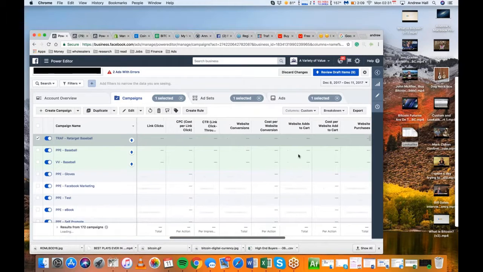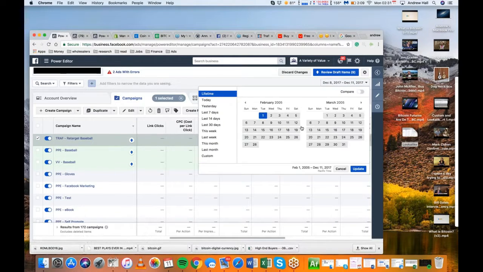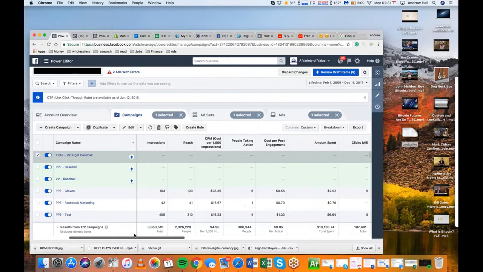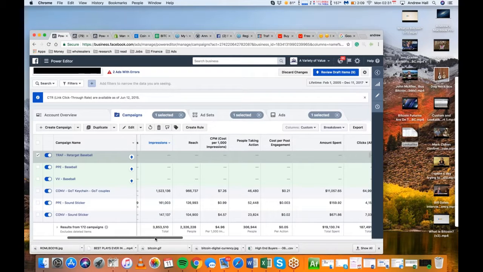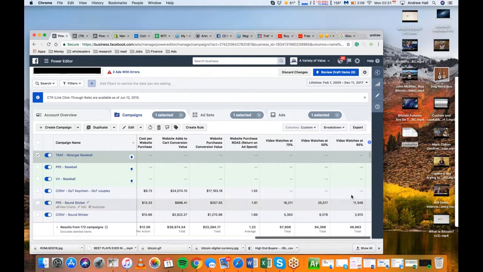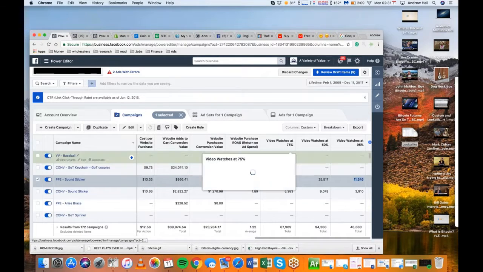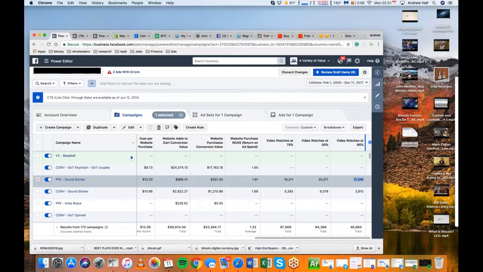And then you can see, so let's just find a video that probably has some views. So like this sound sticker right here, 25 at 50%, 16,000 at 75%, and 11,000 at 95%. So you can see the 75% and 95% are a lot closer than 50 and 75% because a lot of people end videos early. That's how you know when you have an engaging video or not, is how long people